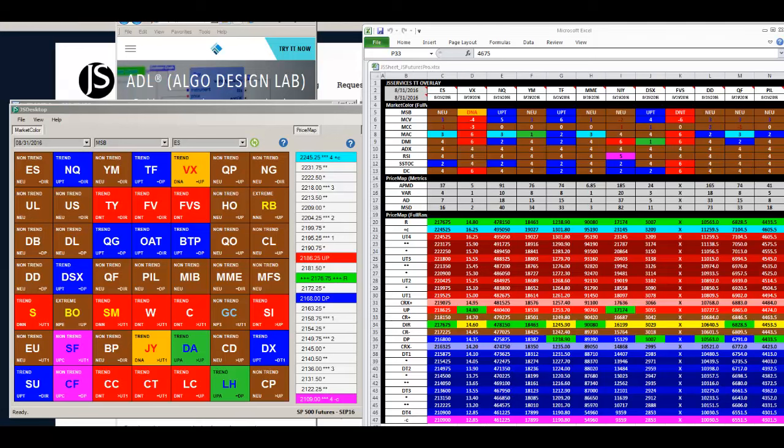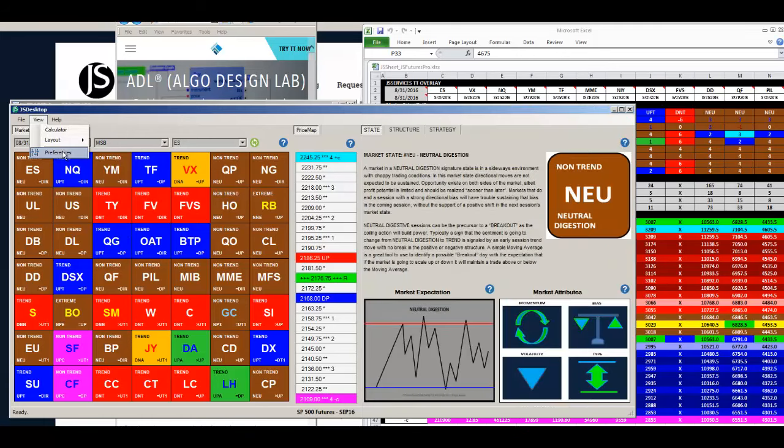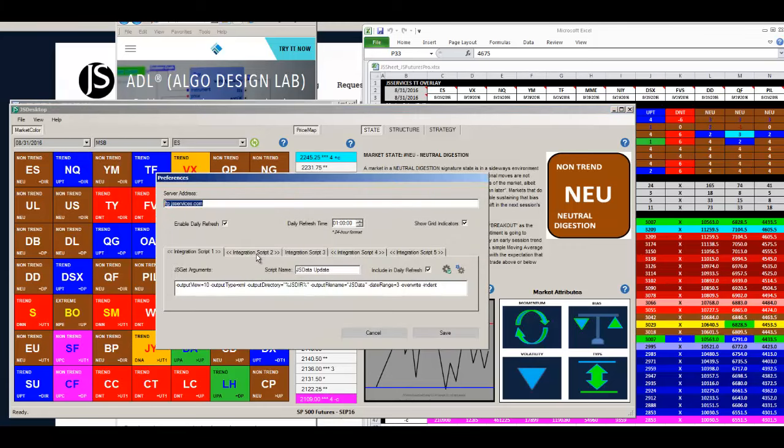Hello. Today I'm going to go over JSServices integration with trading technologies and some ADL trading templates. The desktop includes a data utility and its preferences, specifically the integration script number 2, which produces an Excel spreadsheet,